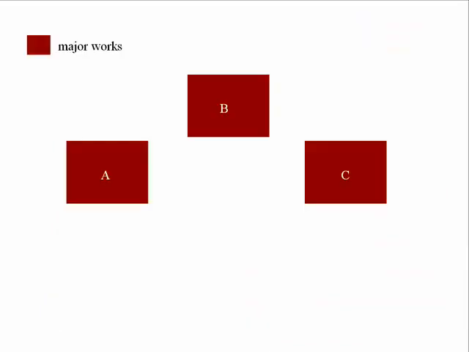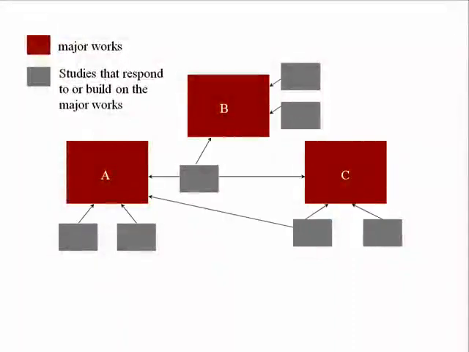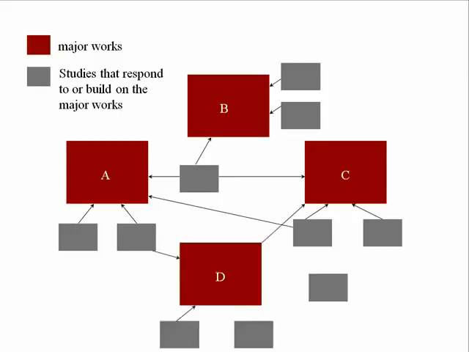Visually, the literature might look like this. Often there are major works that have been written on a topic, and then other later works that build on them. These later works tend to be extending or responding to the original papers in some way. Basically, the literature is a continuously evolving network of scholarly works that interact with each other. As you do your own research, you'll begin to understand the relationships in this evolving web and how your own